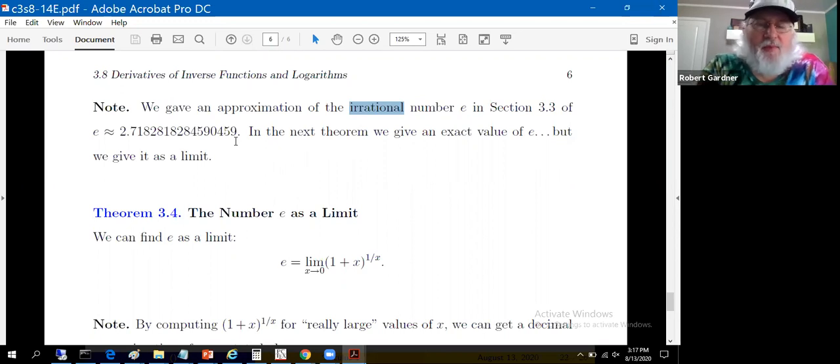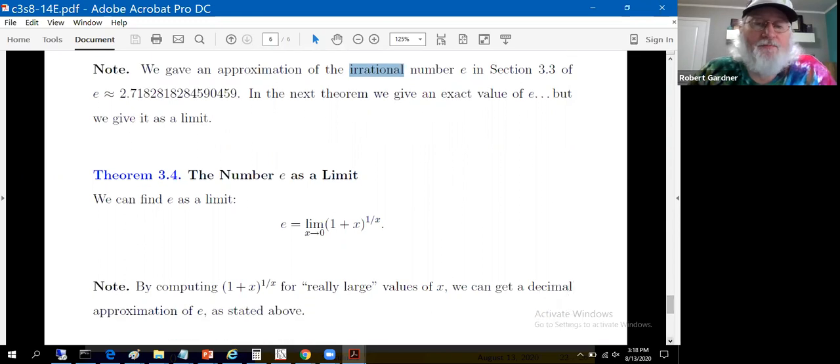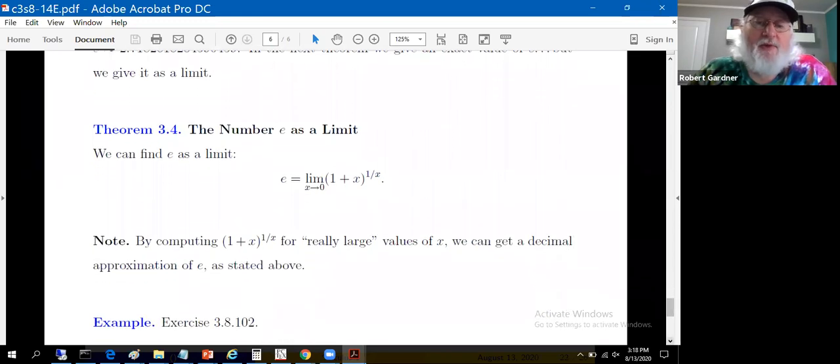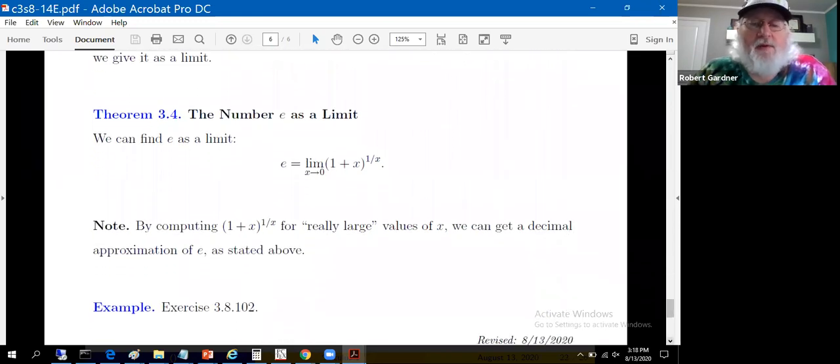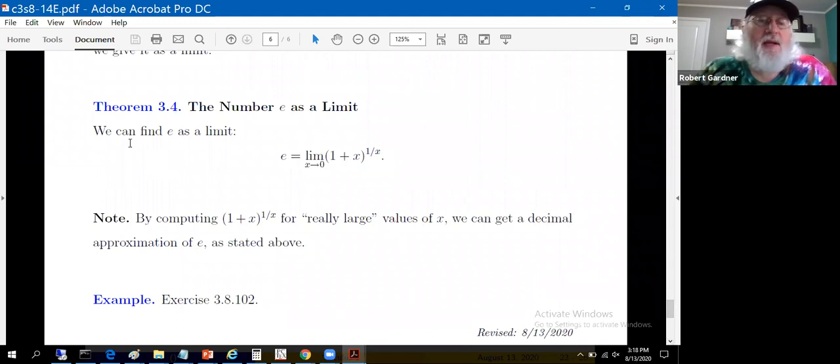So if you like memorizing digits of pi, there's just as many digits of e, so knock yourself out memorizing a million odd digits of e. But where does this come from? It comes from the following. So here's a formula. We actually stated something similar to this above. A formula that claims we can find the number e as the limit as x approaches 0 of 1 plus x